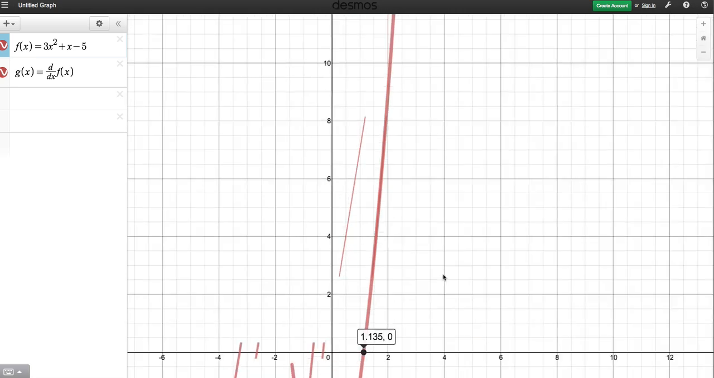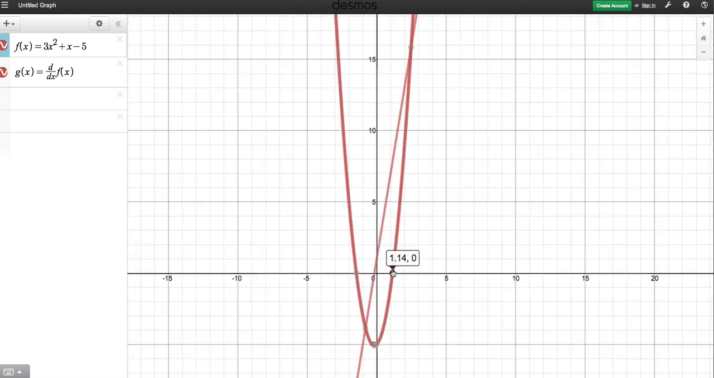And if we go back to Desmos, the gradient of the tangent to the curve at 1 is 7. Okay,